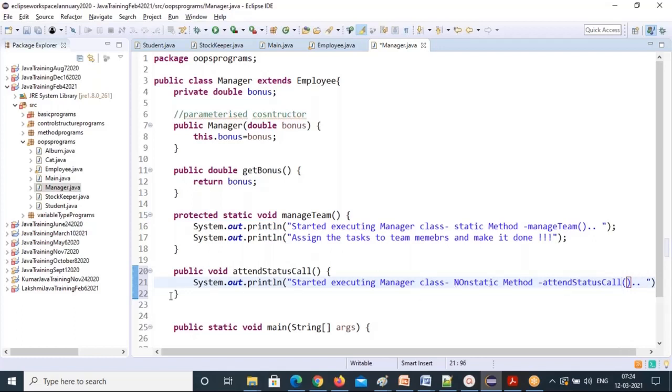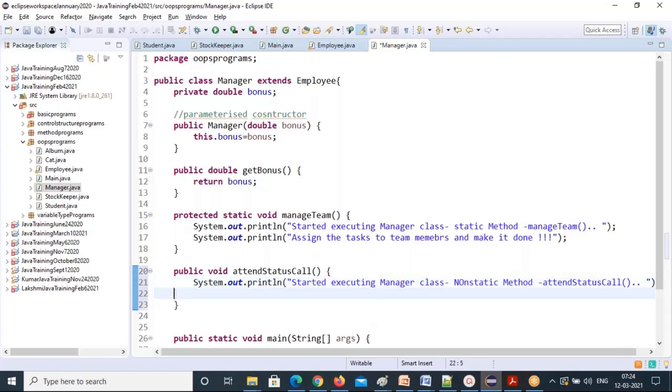In the status call, he will give the status of the project, whether it can go ahead for release or not, and all these things. I'll just mention that.